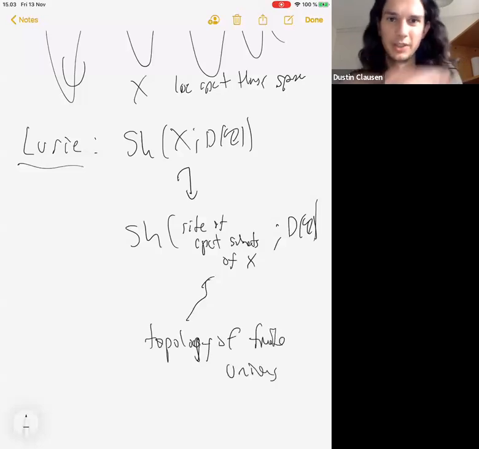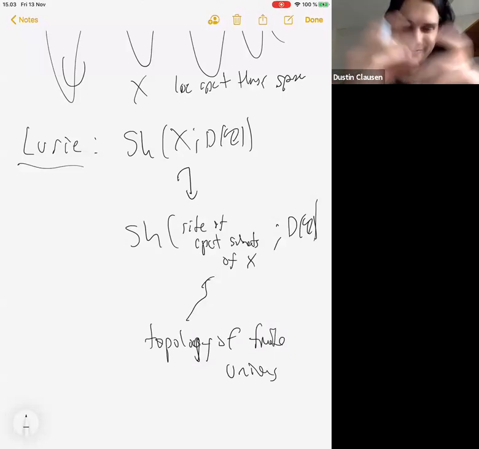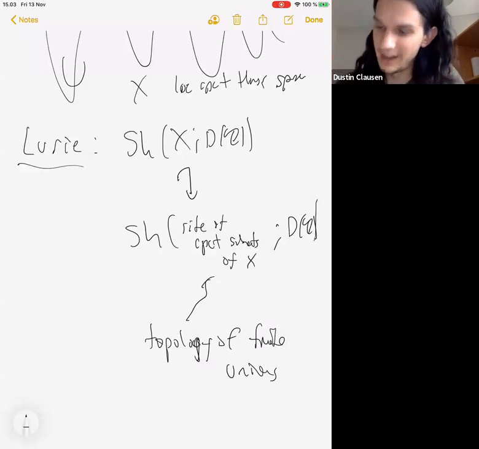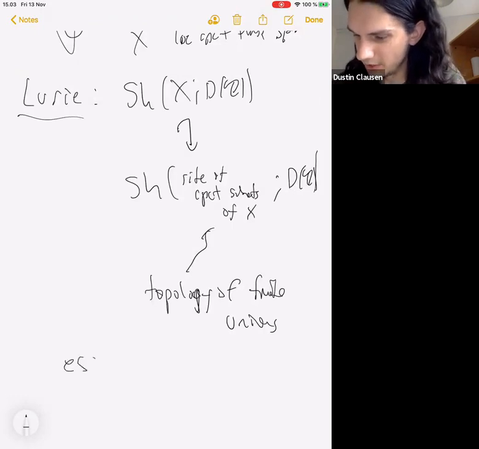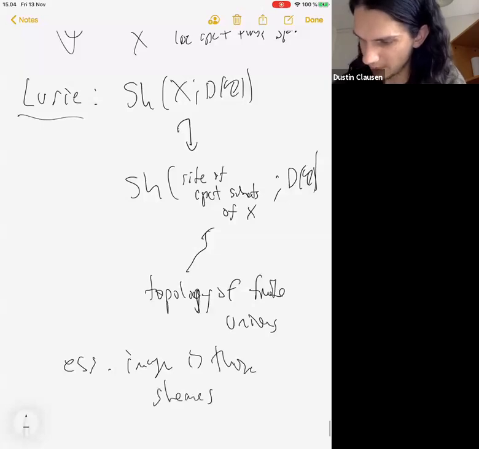Which is essentially, we're imposing Mayer-Vietoris for closed, for compact covers. So it's a finitary topology in contrast to the infinitary topology you see in locally compact Hausdorff spaces. And the functor, and the essential image is those sheaves on compact subsets